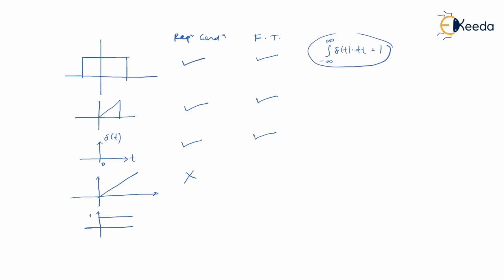This is known as the U of t signal, a unit step signal, if you remember. So what do you think? Is the area under the curve for U of t infinity or less than infinity? Do you understand that this is going up to infinity? This is continuously 1. So if you try to integrate it, again you will see that the required condition has failed. The area under the curve for U of t is infinity. So we will decide whether the Fourier transform does exist or not. I'll take more examples.